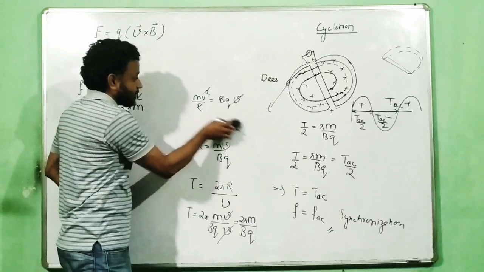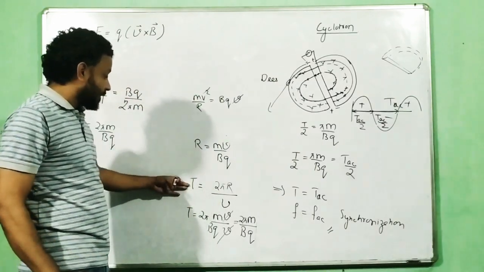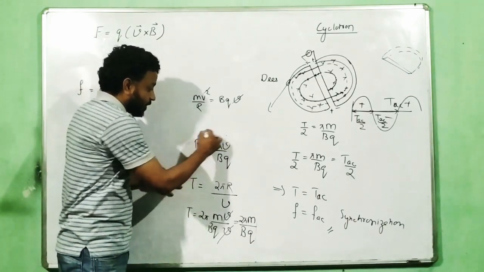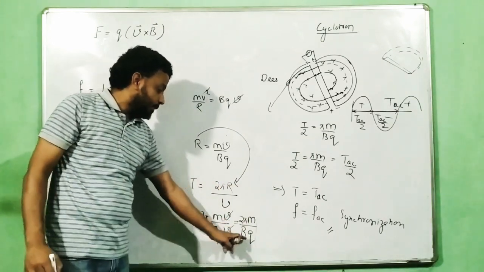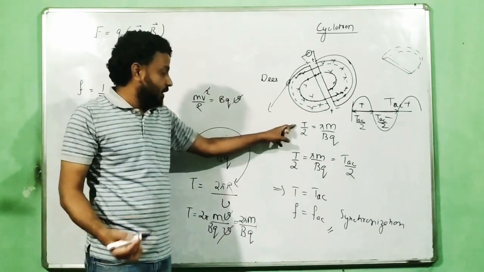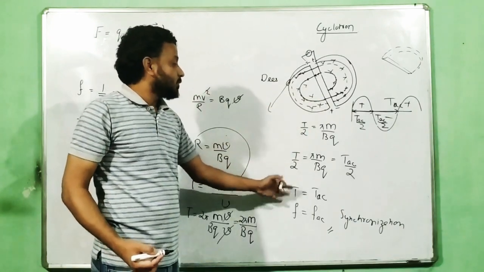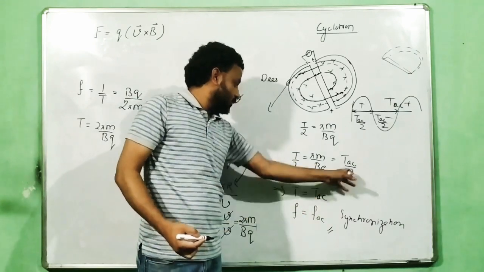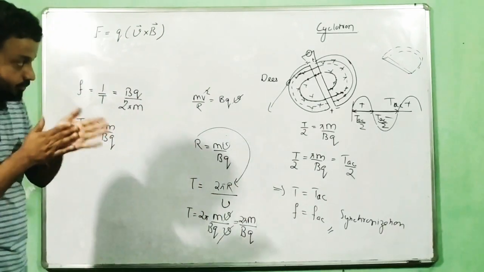This is the repeated step. Just one more line you have to write. Once you get the time period formula, you put in the value of r. Once you put the value of r, you will get this result of 2 pi m by Bq, and then half of this is this. Then you will write that since this is the half time period of rotation, it must be equal to half of the time period of the alternating signal. From there the 2 gets out, so ultimately we will get the result.